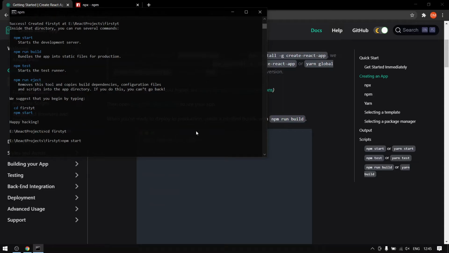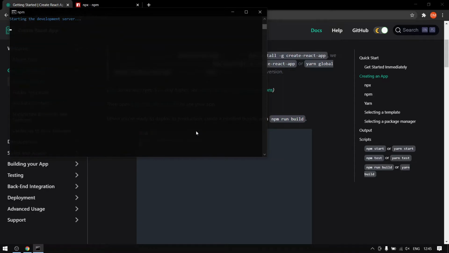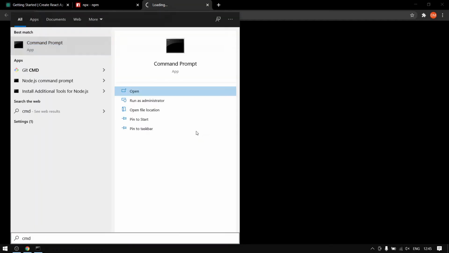Now it is asking us to start the app, so let's do it. Npm start, and when we hit enter, it will start the React scripts and the development server, and on localhost 3000 we will see our new React app. It is starting the server, but before that, let me fire up another command prompt as administrator